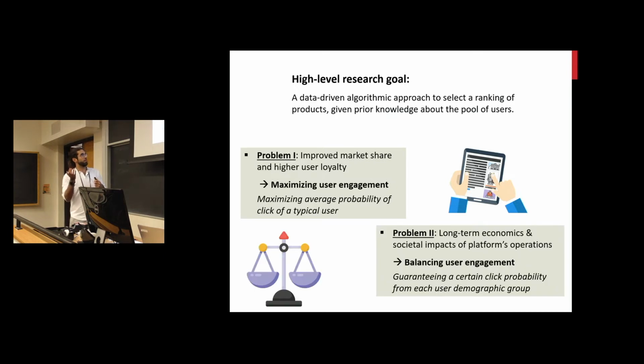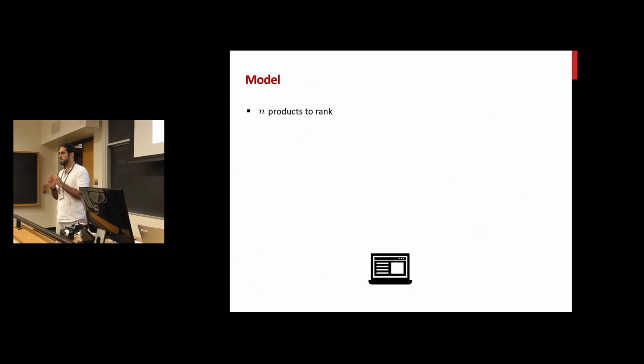The second problem I'm going to think about is mostly related to long-term economics and societal impacts of the platform's operation. And that's the problem I'm going to call balancing user engagement. So imagine you have a pool of users with different demographic groups that might partition the user pool, or they might even have overlaps. And now the platform's goal is to guarantee a certain minimum click probability from each demographic group. All right? So with this brief introduction, let me actually jump directly into the particular model I'm going to